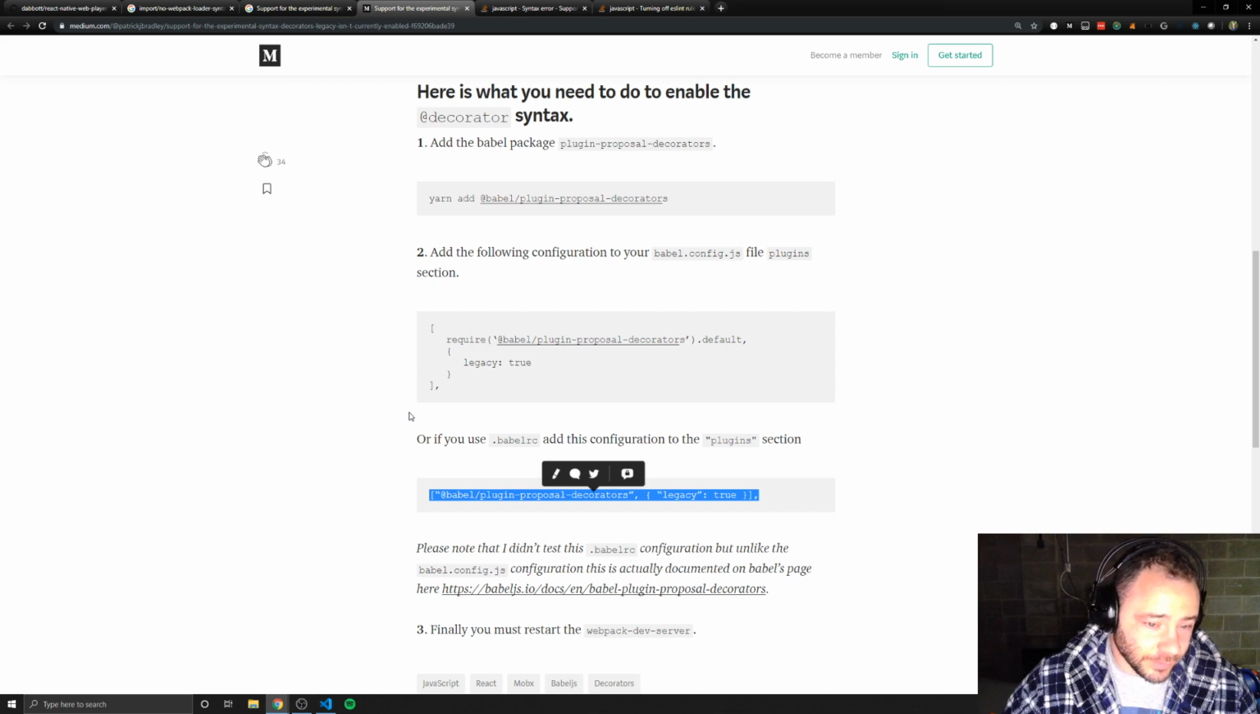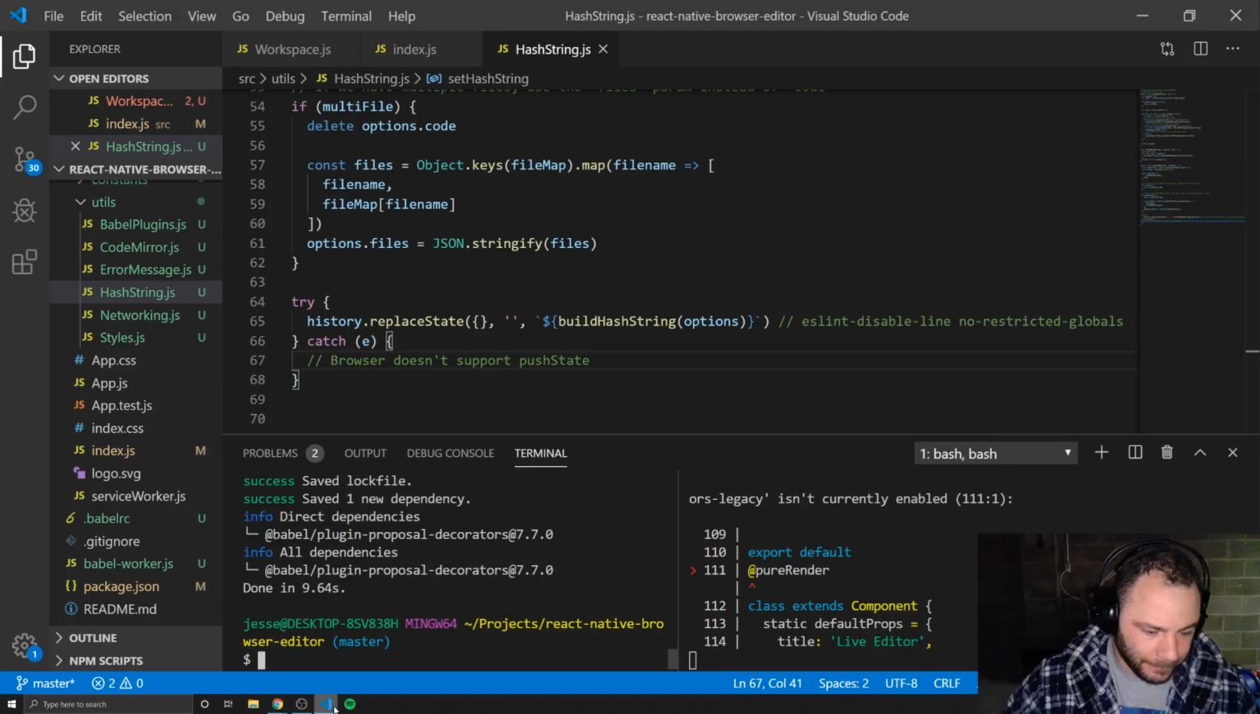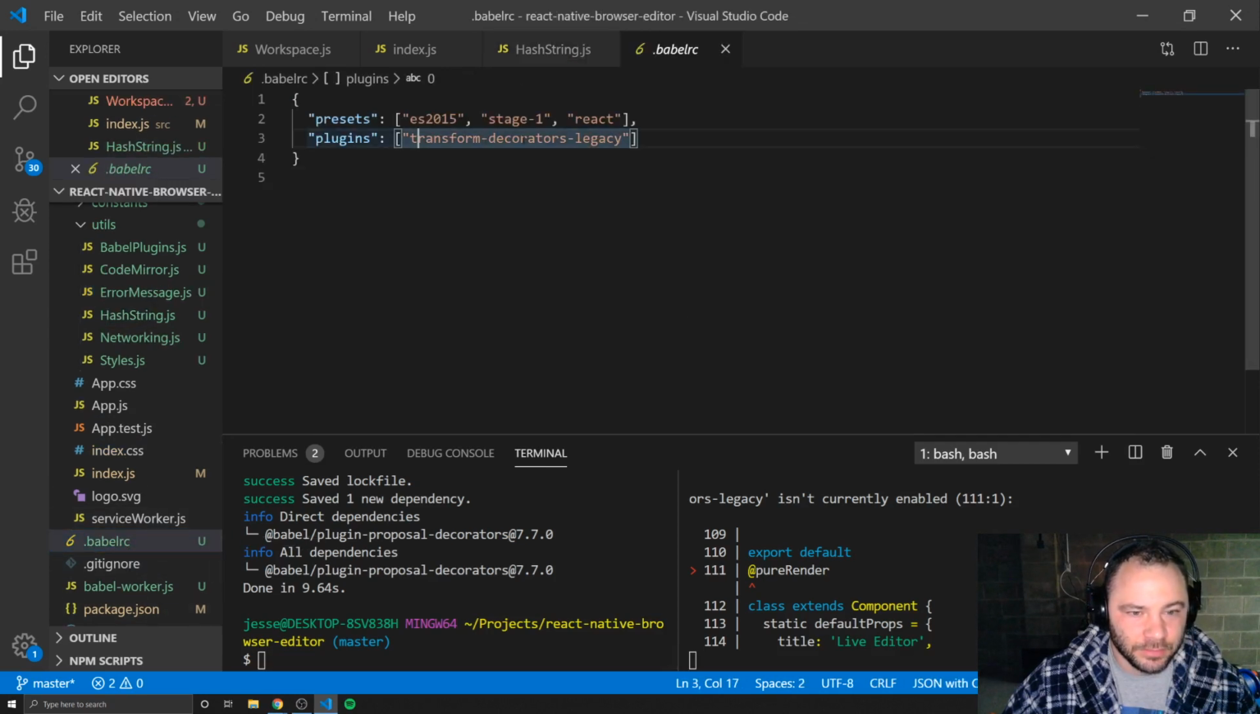So there are two different types of configuration files for Babel, so that's why there's two different ones here. You can have a babel.config.js, and the syntax is a little different for each one. Or you can have a .babelrc. So I believe we have a .babelrc. Yep, and we do. So in our plugins, I'm guessing I can just get rid of this transform decorators legacy,